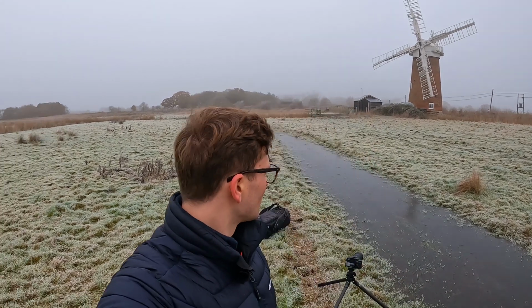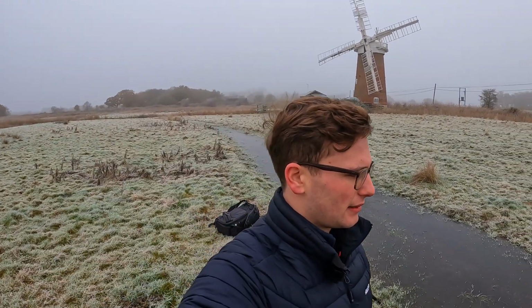So I've walked into the field opposite the sails, so I'm now directly facing them, which is something I prefer and something I look for. This is a really frosty field, and as you can see on the video there, there's a little bit of water running through the middle of the field. I'm not sure what this is, to be honest. I think it must be spillover